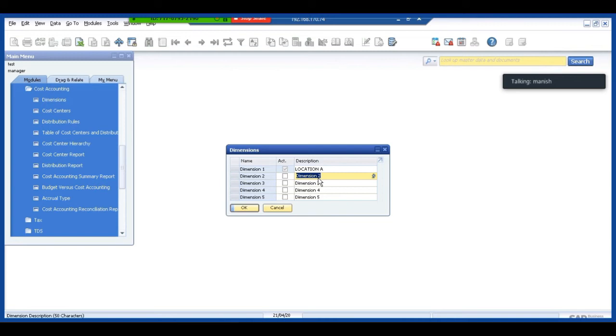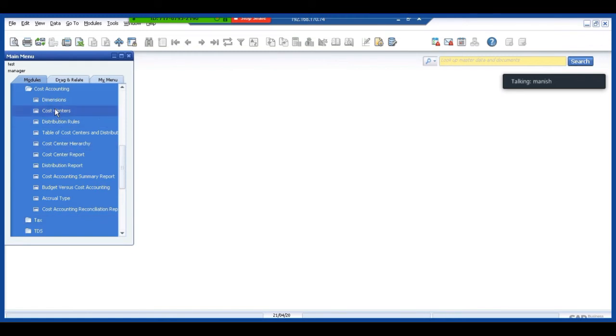There is a limitation that I can create only a maximum of 5 dimensions, but for the cost centers under those dimensions, I do not have any limit. I can create any number of cost centers. So the first part would be creation of a dimension. I've created one dimension as location.